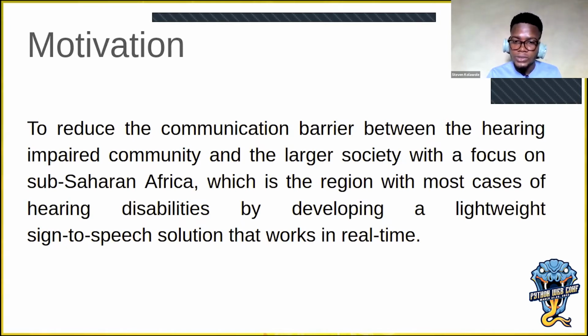We focus on sub-Saharan Africa, and this is the region with most cases of hearing disabilities. And the way we're proposing to do this is by developing a lightweight sign-to-speech solution that works in real time. The fact that I'm from Sub-Saharan Africa, I think that makes it a no-brainer for me.